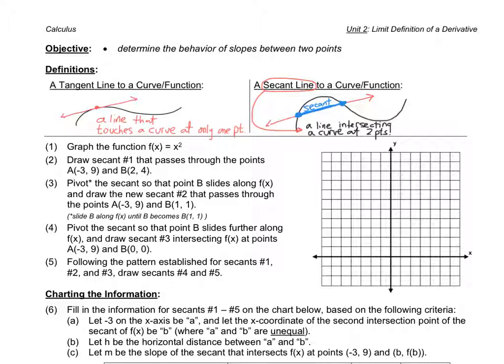If you're in Mr. Cohen's class, you know what that meant. Anyway, so you're going to graph a given function, f of x equals x squared, on the graph grid. Draw a secant. Secant number 1 connects these 2 points. All right, and then you're going to create additional secants. You just follow the instructions, and when you do that,